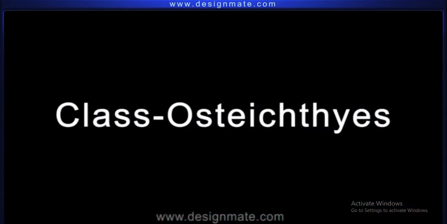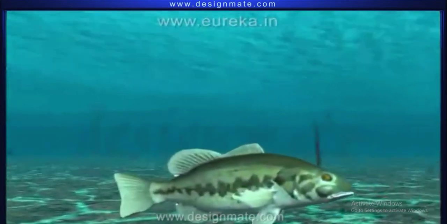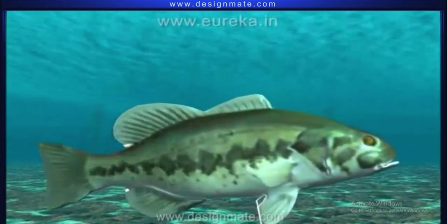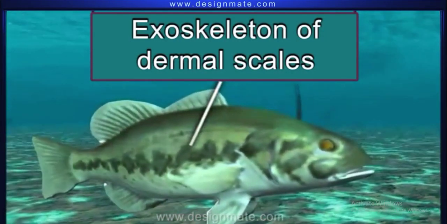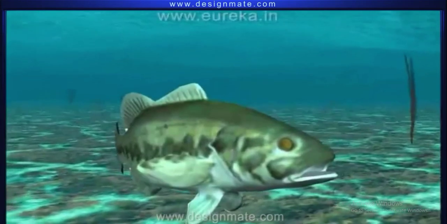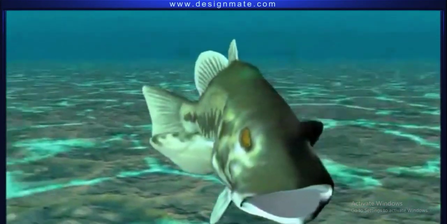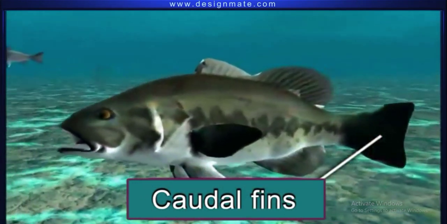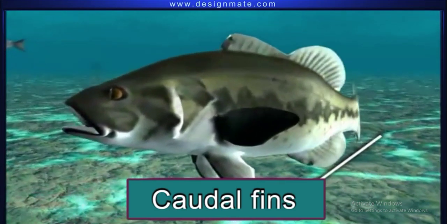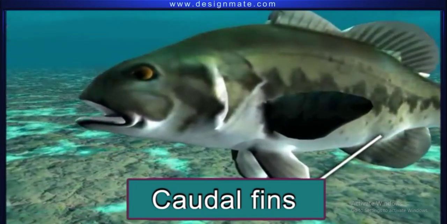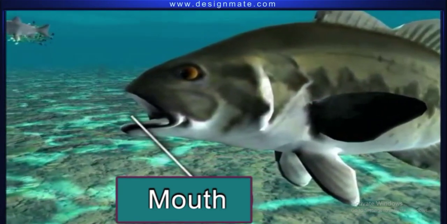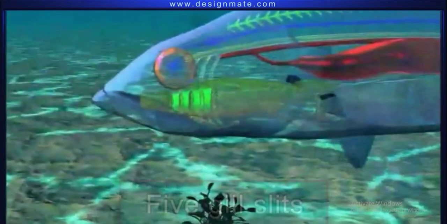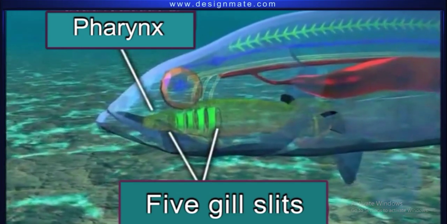2. Class Osteichthyes. The skin of most of the fish possesses an exoskeleton of dermal scales. Lobes of caudal fins are of equal size, or it is divided symmetrically into 2 equal halves. The mouth is terminal. On each lateral side of the pharynx, there are 5 gill slits,